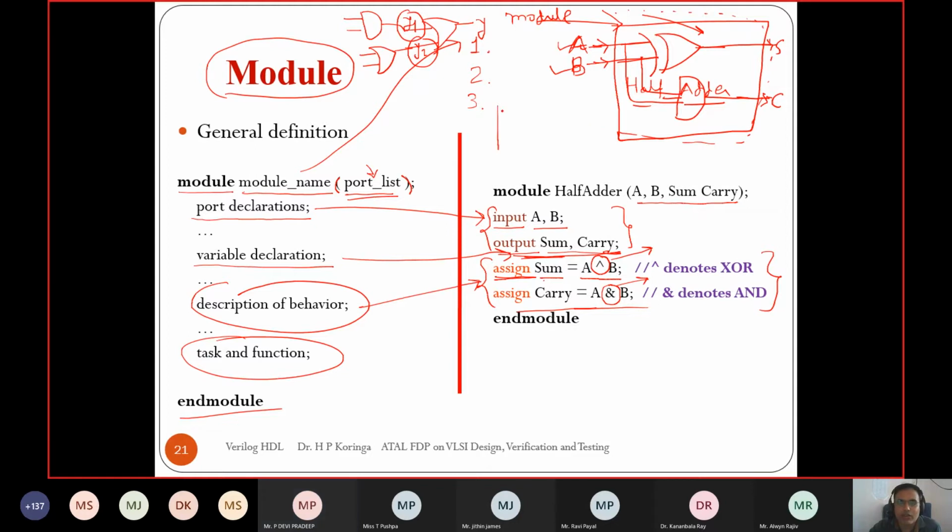Sometimes we want to declare a port as bidirectional. Suppose I have two modules, M1 and M2, and I want to pass data from M1 to M2, as well as read data from M2 to M1. At that time, the bus which interfaces between M1 and M2 should be bidirectional, so we can write the data on it and also read the data from that bus or port. So at that time, we need to declare it as in-out. In Verilog, it is declared as inout. Hope you got the answer.